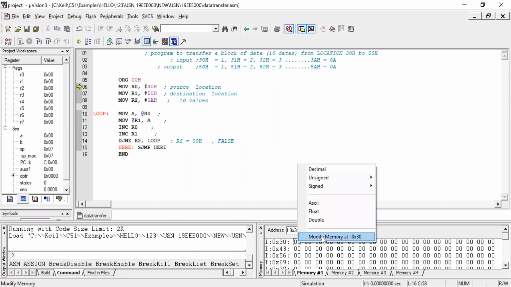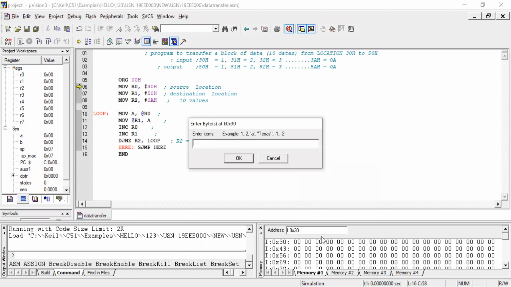I'm going to modify the data inside this particular memory location. Modify memory at I:0x30. Now I'm going to give some sequence data. If you give values sequentially with commas, it will take the next location. But all the data will be saved in hexadecimal form.